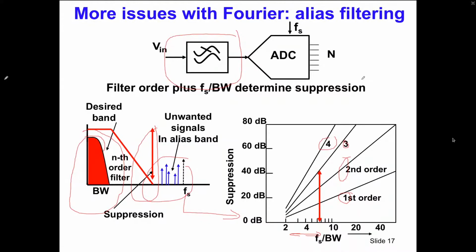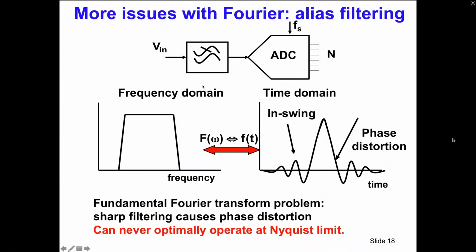Most people know this, but there is something that a lot of people forget about this. And that is that, again, purely from math, no physics involved, no electronics involved, purely from the mathematics, a sharp limit in the frequency domain translates in the sine x over x behavior in the time domain and vice versa. A block in the time domain creates a sine x over x response in the frequency domain.